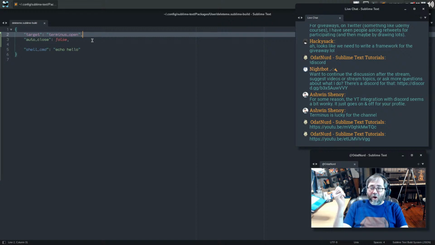I would love to know if there's someone watching this now live, or if you happen to watch this after the fact, do you use Sublime REPL? And if so, what features does it actually provide that Terminus doesn't? Because it seems to me, based on the limited amount of experience I have with Sublime REPL, I've really only ever installed it to help people that were having problems with it.